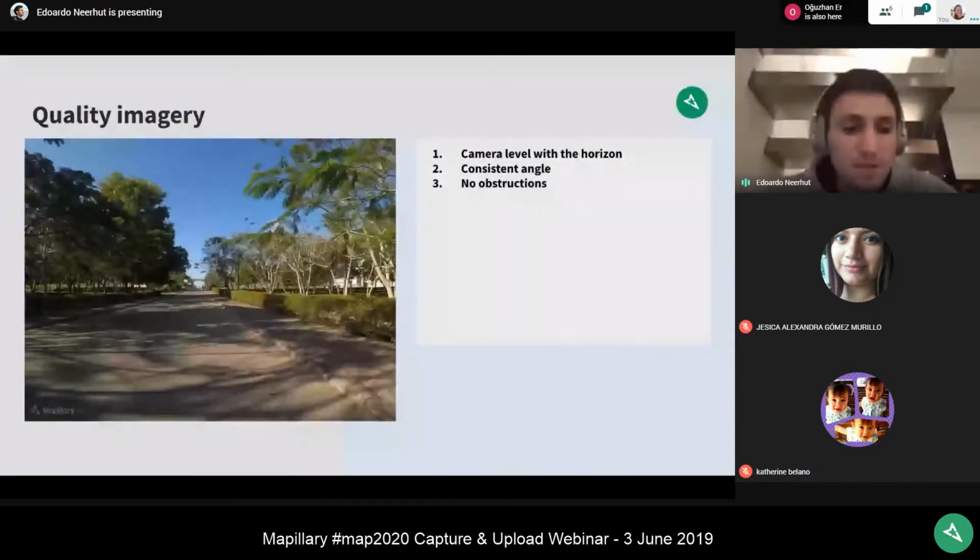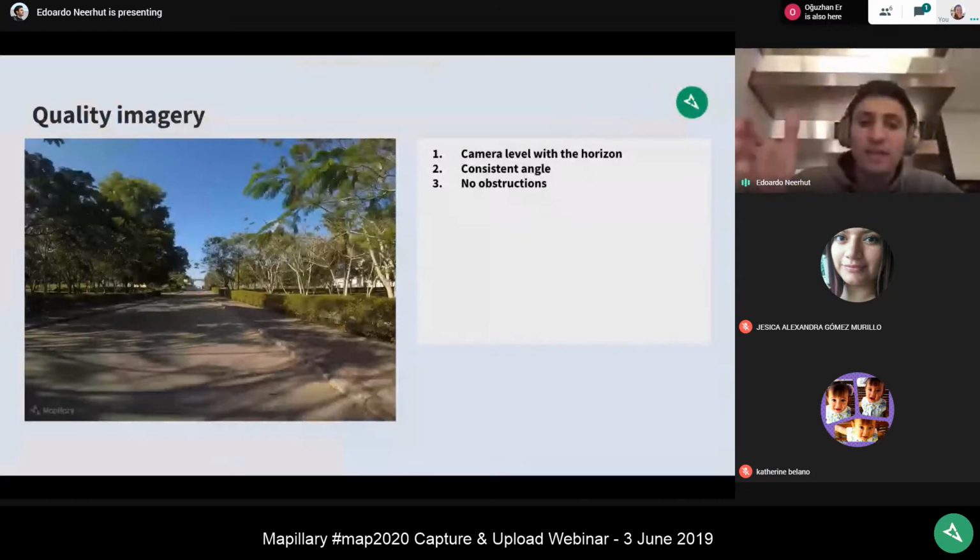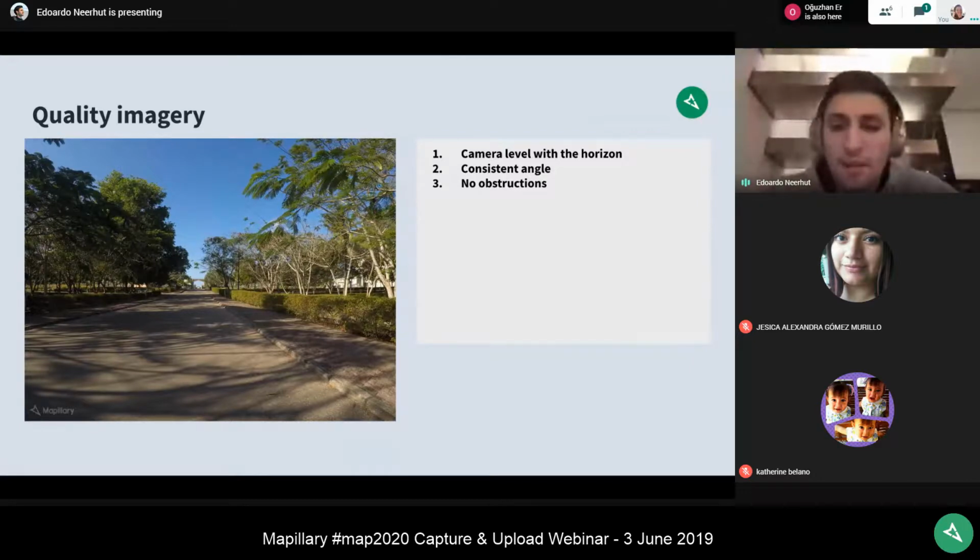What I mean by that is, if the car is driving and your camera is mounted to the front of the car, that the camera is always mounted to the front of the car during the duration of capture. Or that if you're walking, the camera is facing in front of you the whole time, and that you're not turning it left and turning it right. Just move with the camera in front of you the whole time. That makes for much better imagery and is a much better viewing experience for people.